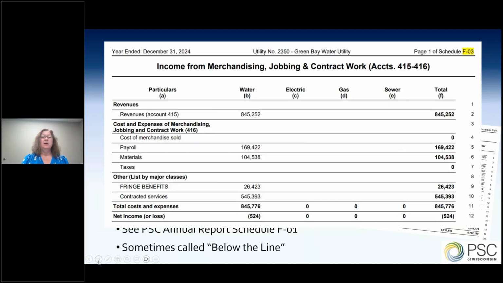One other example of something that might show up on F1 is I've seen sometimes the charitable donations. Sometimes a utility might help out their city or village with a Christmas parade, putting up Christmas decorations, something like that. As long as it's small activities like that, it's not something that we review and comment on. So moving to the next slide then,